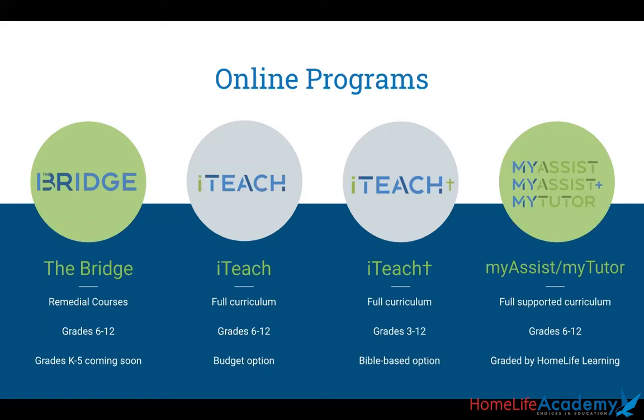And so with the My Tutor, we have weekly writing and math labs that are live video sessions where a student can bring an essay that they're working on or a math problem or project that they're working on and get group tutoring help, as well as there is a tutoring session available to the student, one tutoring session each week in the subject of their choice,